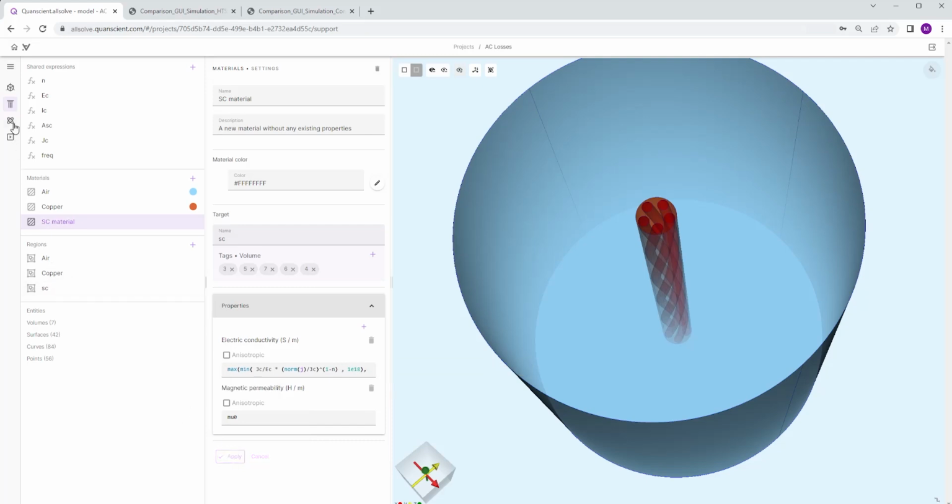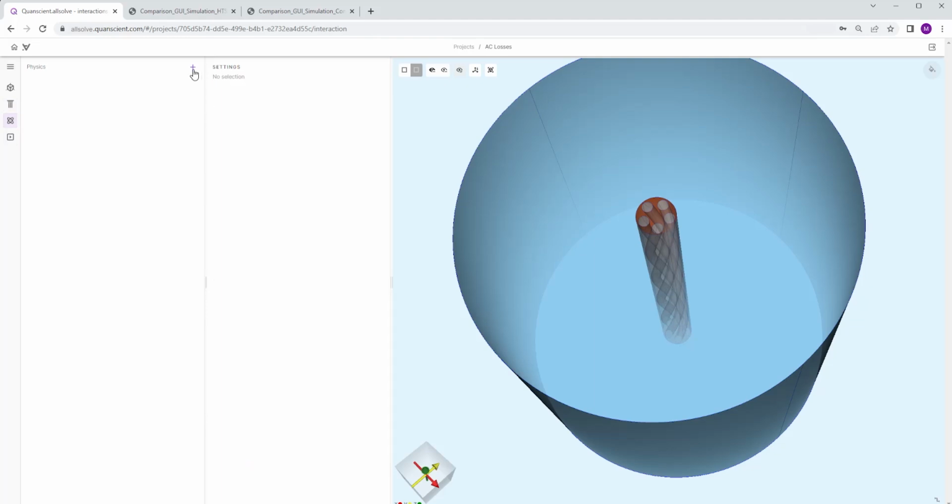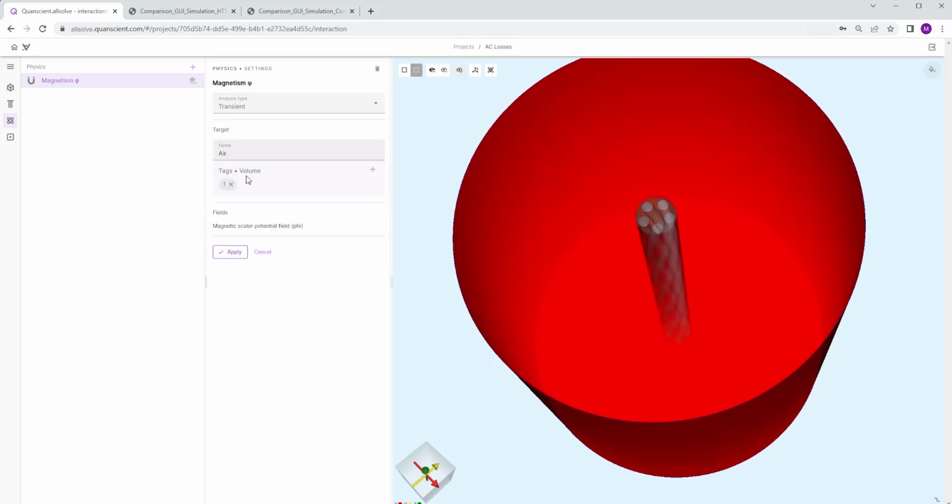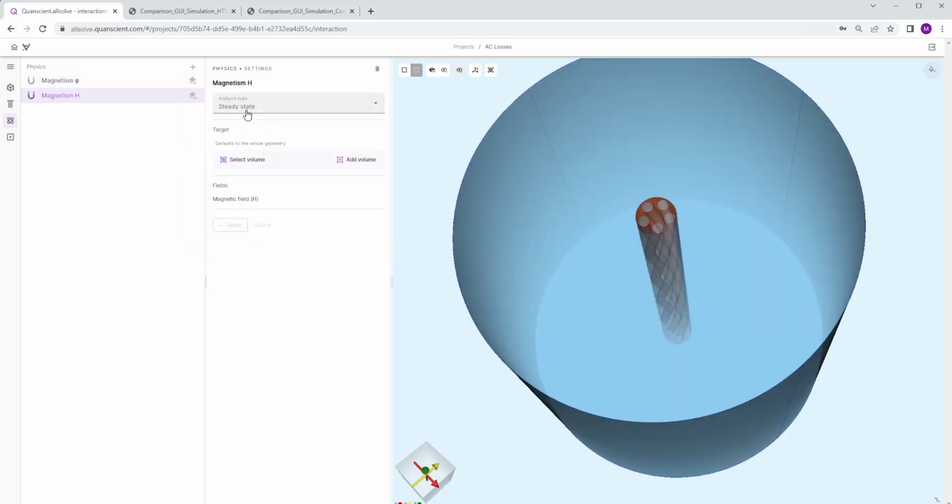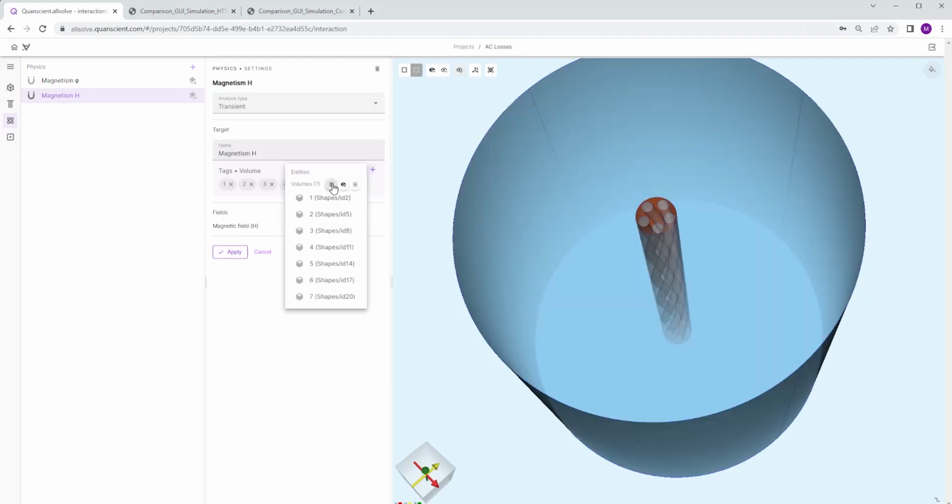Having that, we can continue to the physics, and we're going to use the H-phi formulation. So we're going to choose magnetism phi, transient for the airbox, and then we're going to use magnetism H, also transient, for everything but the airbox.